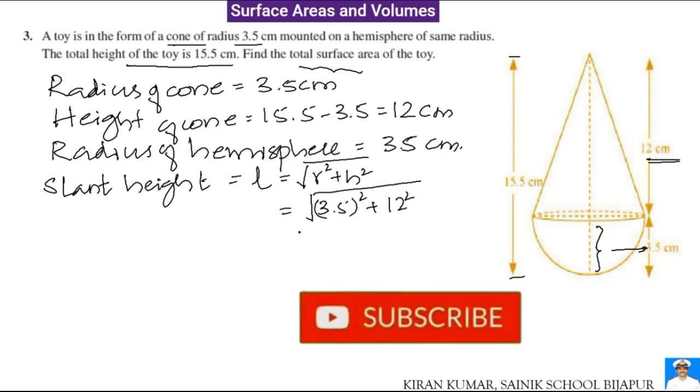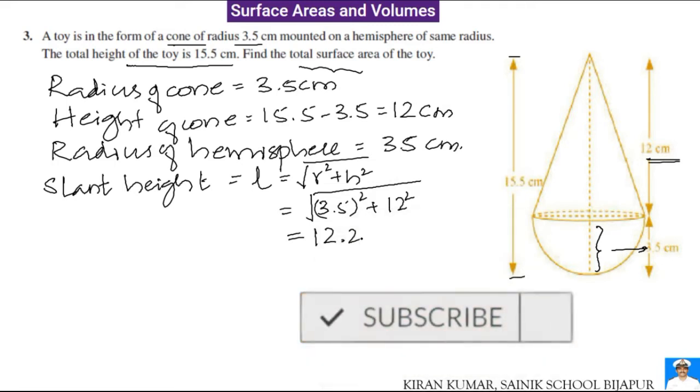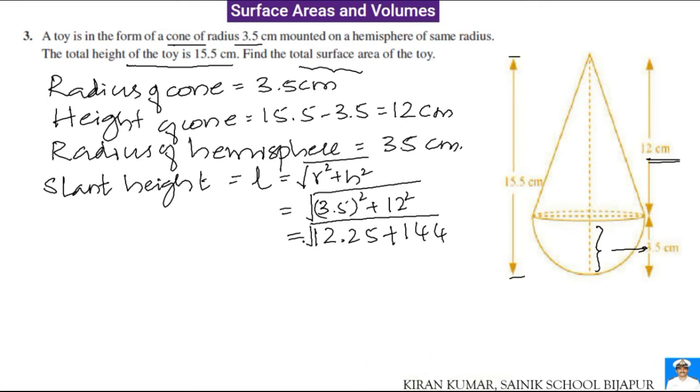3.5 square is 12.25 plus 144. This is under root. This will be equal to root of 156.25. You can calculate, it becomes 12.5 centimeter. So the total surface area of toy